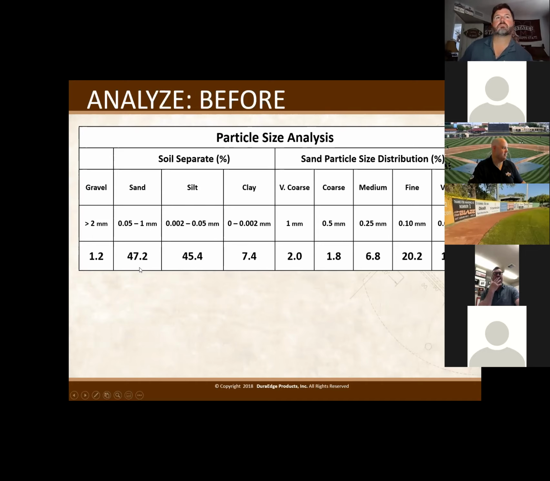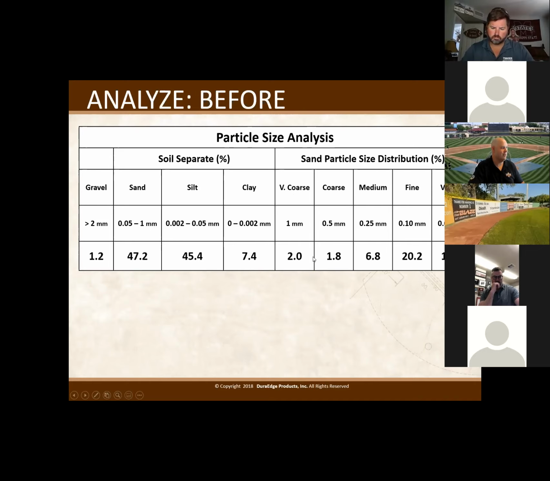But as you can see, the soil test comes back and 47.2% falls into the sand column, 45.4% falls into the silt column, and 7.4% falls into the clay content. To break that out, we're very interested in the medium, coarse, and very coarse sand sizing, because that's what's going to build the soil structure column for the silt and clay to fill in.